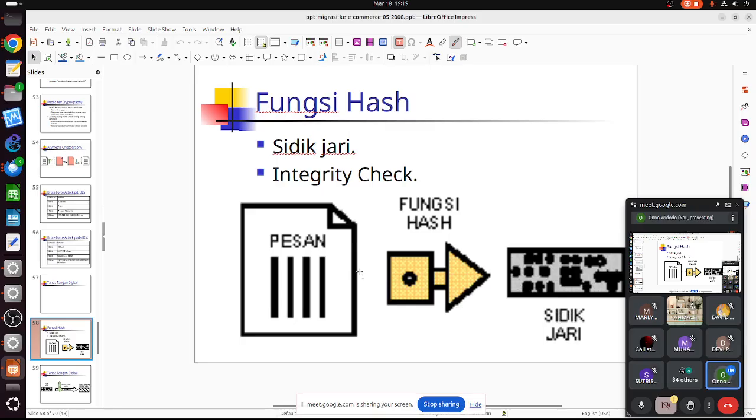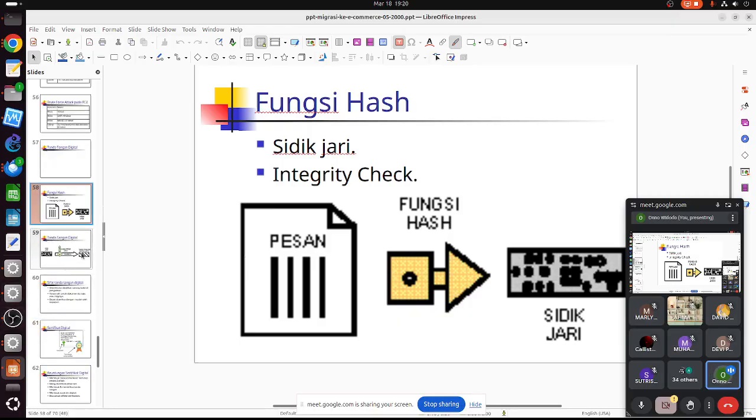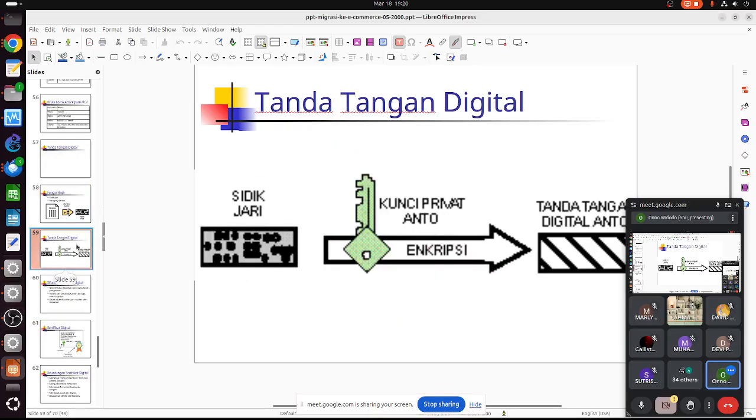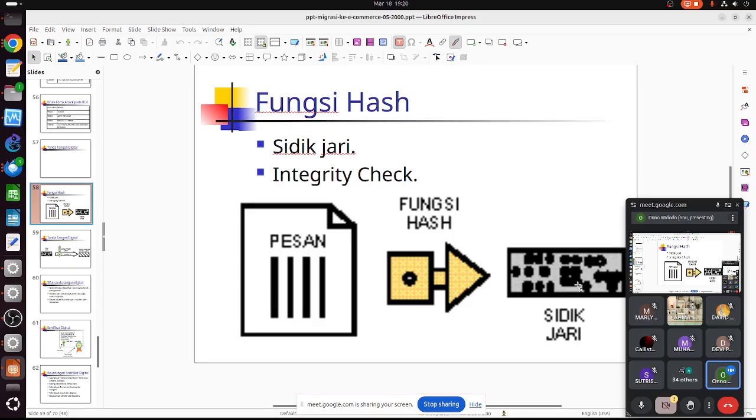Every message has a different hash. If there is a single character change in the message, the hash is different. So that's the key. Now, to make this one become a digital signature, what we'll do is